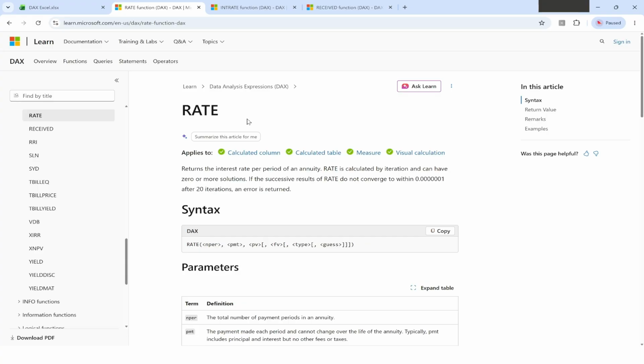Please go through it. Now here, if you see, RATE returns the interest rate per period of an annuity. What does it mean? It means this DAX function will calculate the interest rate of a loan based on the loan's monthly payment. If you are paying EMIs, it will calculate how much interest you are paying on top of your original EMI amount. It means